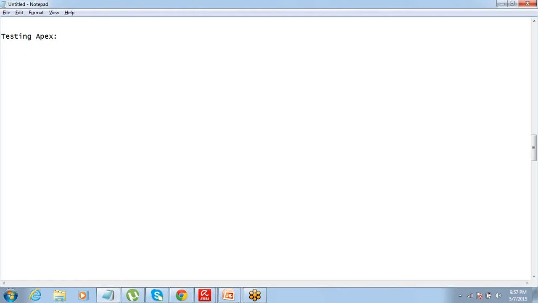It will just check whether the code that I have written is correct or not. It will not commit any data to the database. It will not update or retrieve any data from the database. A test method is only meant for checking whether the operations I expect my Apex to do are doable or not. So that's what a test method should do.